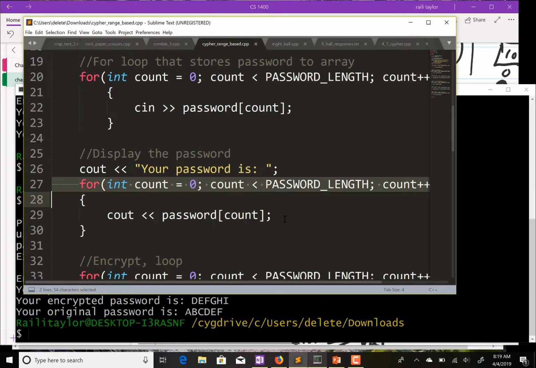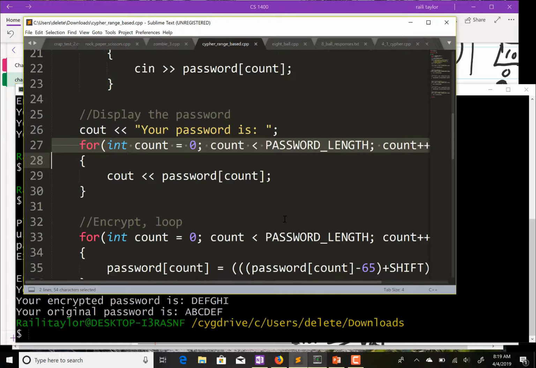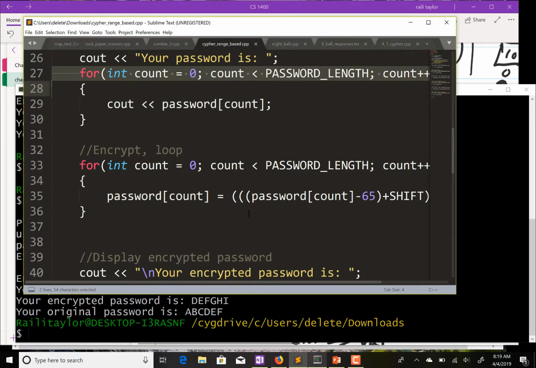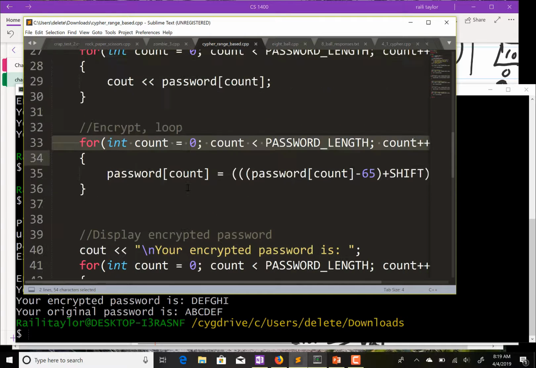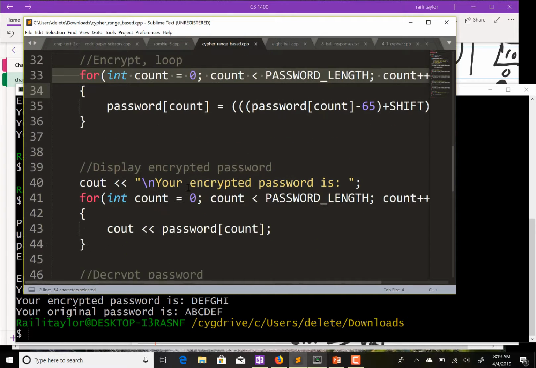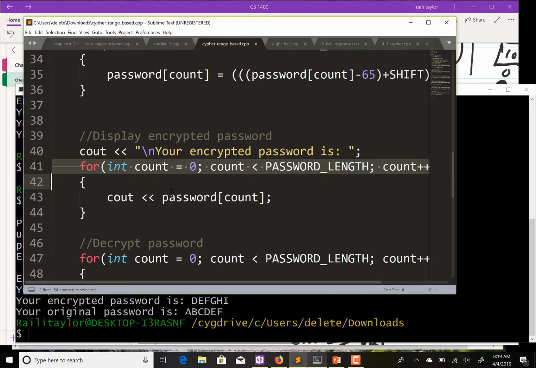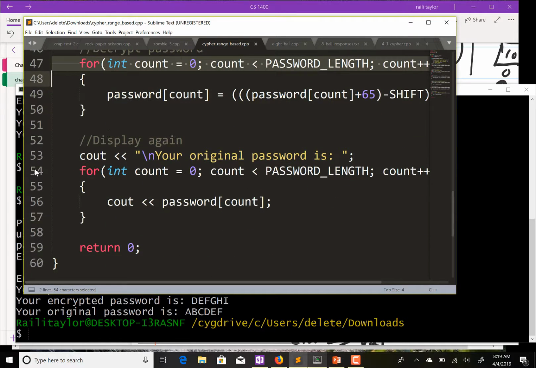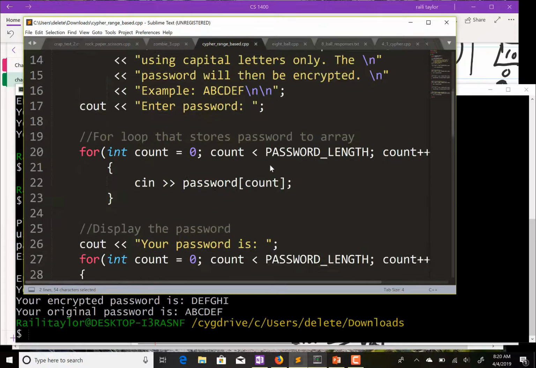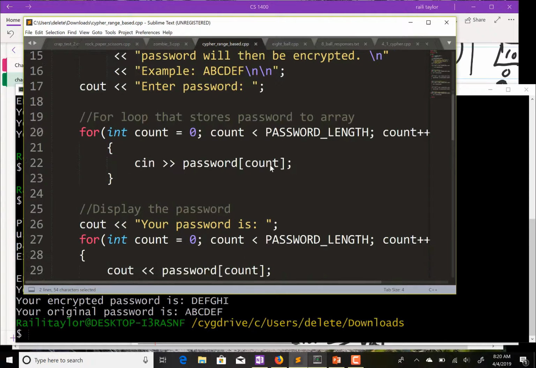We have a loop that displays the password. We have a loop that encrypts the password using this formula. We have a loop that displays the encrypted password. We have a loop that decrypts the password. And we just have this loop again that displays the password again. So what I'm going to do is change all of these for loops to range-based loops so you can see